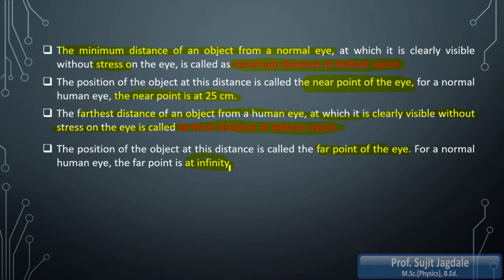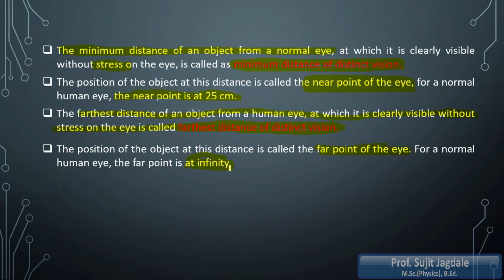We have seen in this lecture the different parts of the eye. Just remember, it starts from the cornea, then the iris. In the iris, the pupil is there, which has the ability to change its diameter and to control the amount of light entering the eye. The iris has a different color for different people. Then light enters the crystalline lens, which forms the image on the retina. Then the retina sends signals in the form of electric signals to the brain, and the brain analyzes the signals and shows the image as it is.